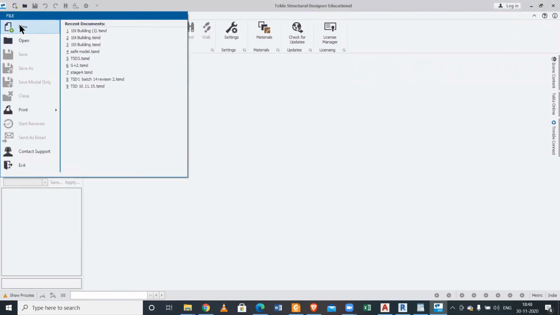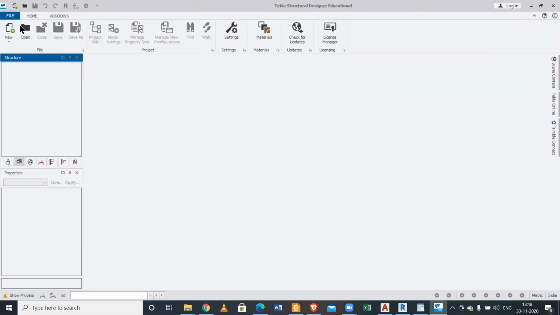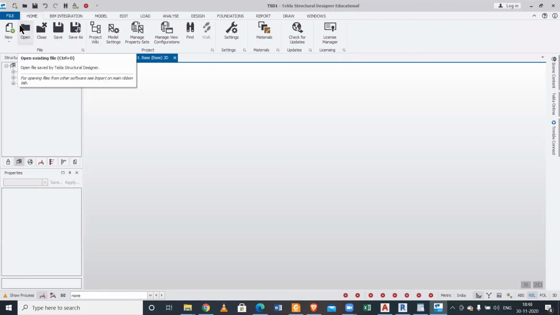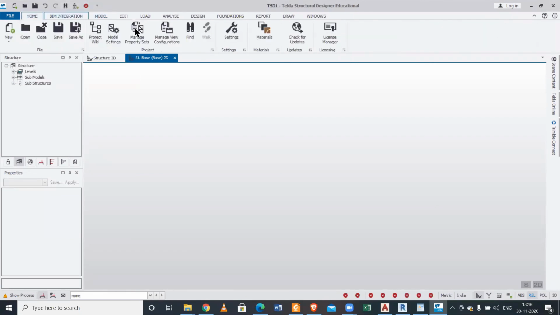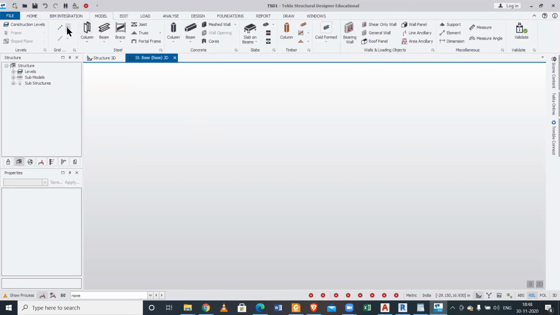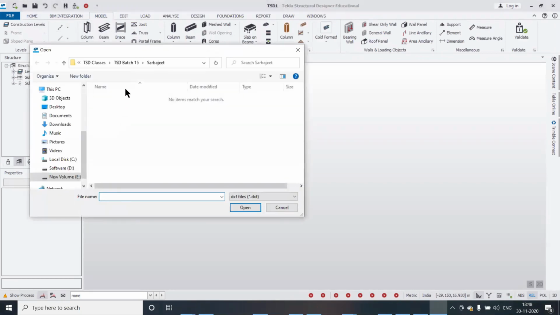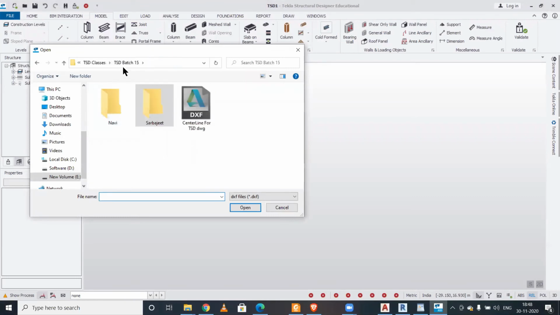Now let's open and create a new file in the Tekla Structural Designer software. So we'll just check whether the thing which you've done is proper for Tekla or not. For checking, we need to create construction levels, but for checking only you can import it first. Just for checking, you go to Model and we'll go to Import DXF, and we need to just select the file location.